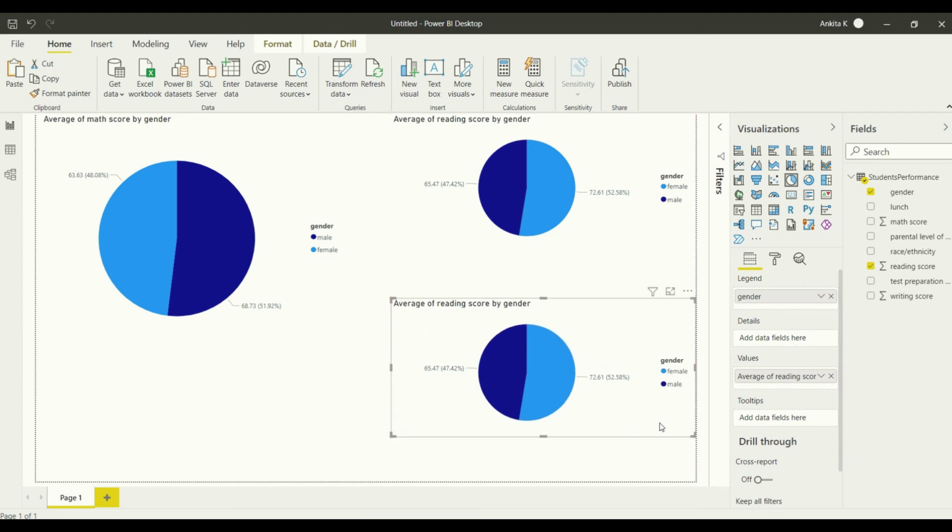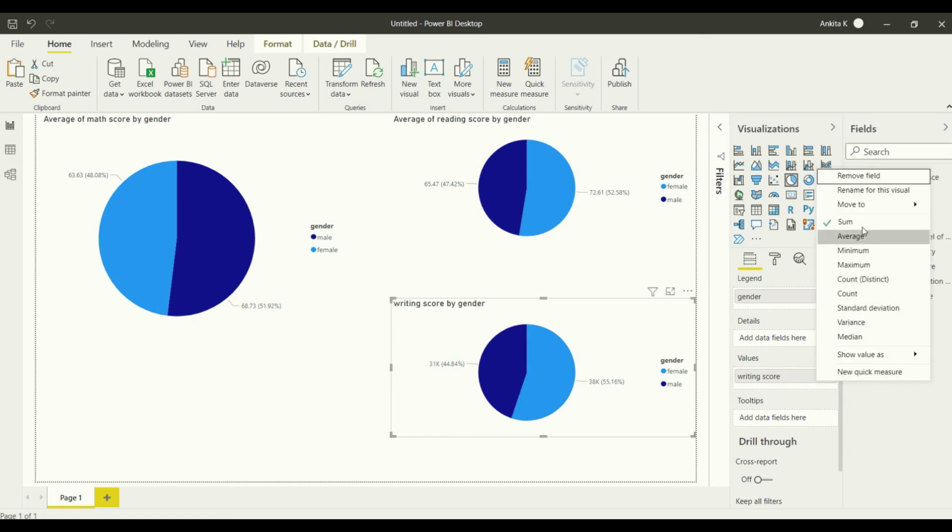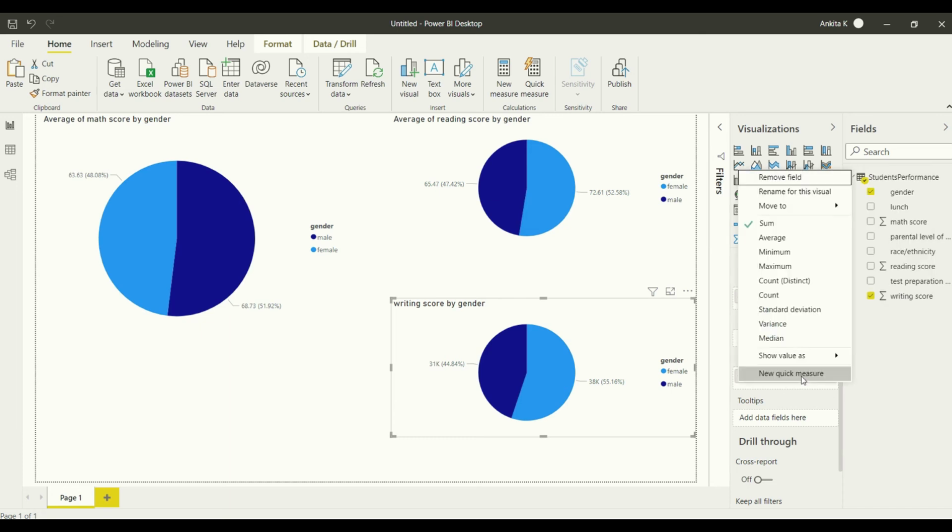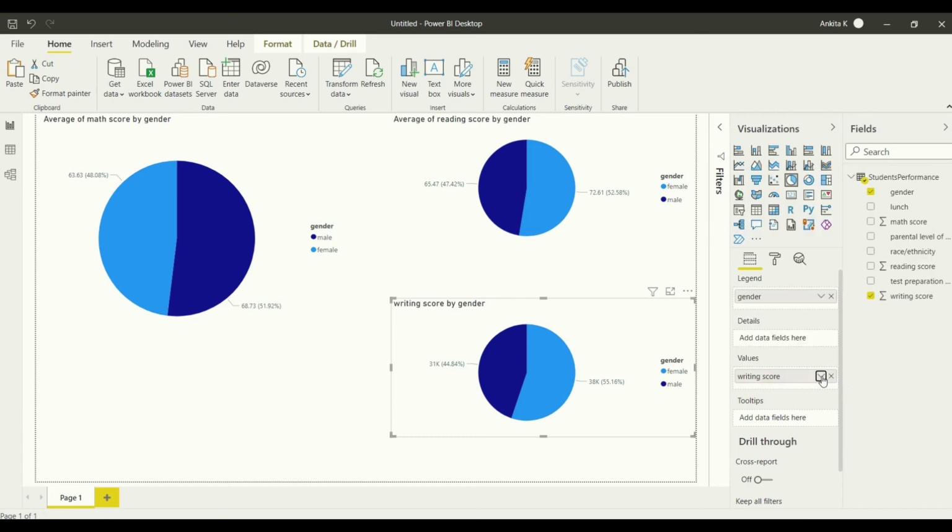Now for this particular visual, instead of the reading score, I can either drag and drop it or remove it by clicking here, and then again have the average. So you can either right click, or you can simply click on this one, and it comes over there, and again you have got the scores.